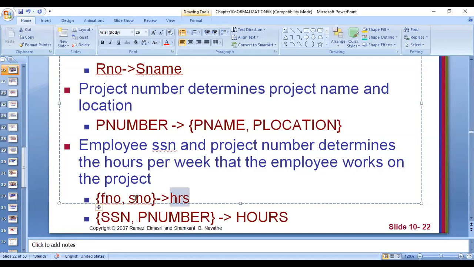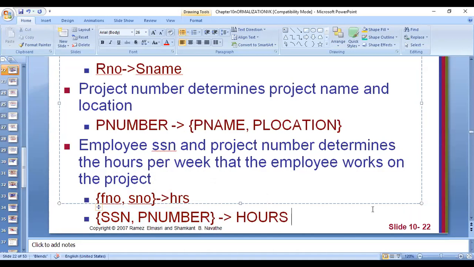If I only ask how many hours Vaishali madam takes, or what the workload of Vaishali madam is, the question is not complete. What is the workload of Vaishali madam for DBMS 4B? Then you can tell: weekly 4 hours, or monthly 16 hours. That is the workload. So whenever a table has a composite primary key, we say that these two attributes together functionally determine hours. That means hours is functionally dependent on the combination of these two attributes.